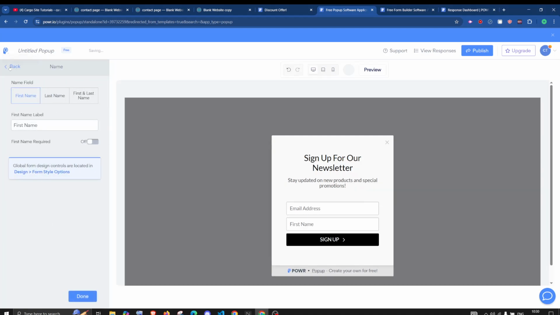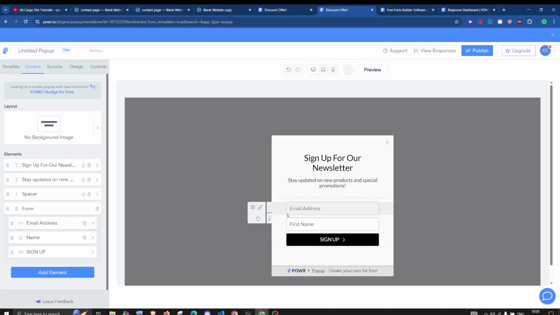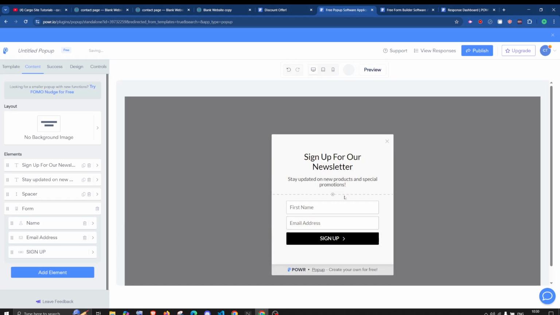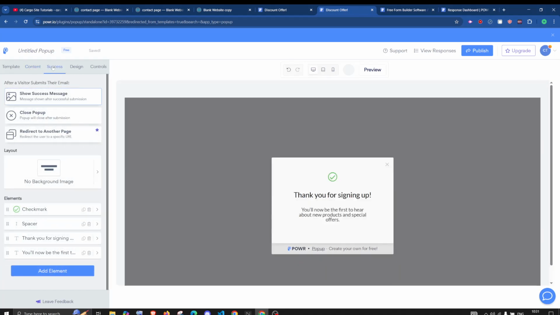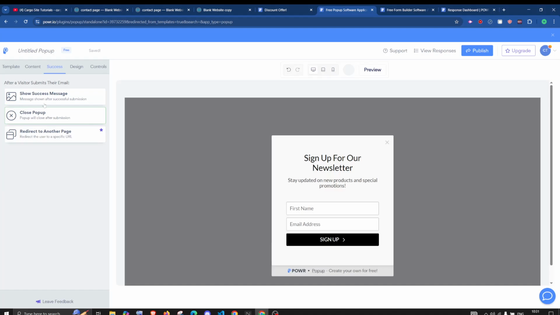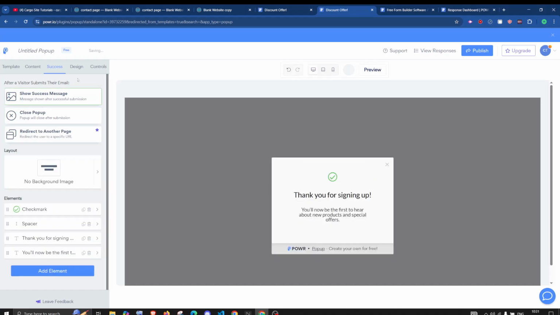So yeah, if you want to take the username, you can take the username and their email address from here. And after that, there are other options like after success, how you want to display this. You can close the pop-up, show a success message, and other things.